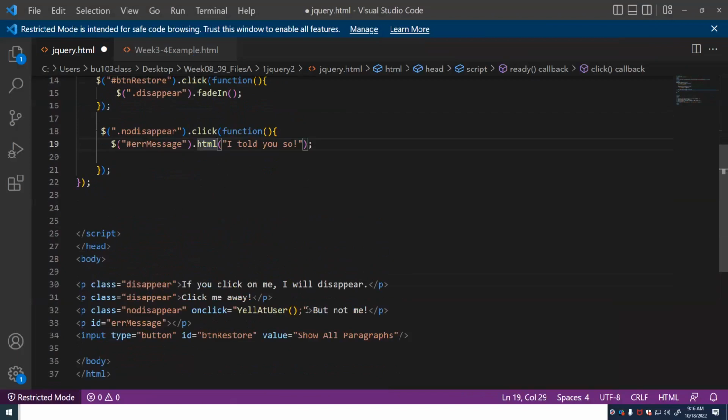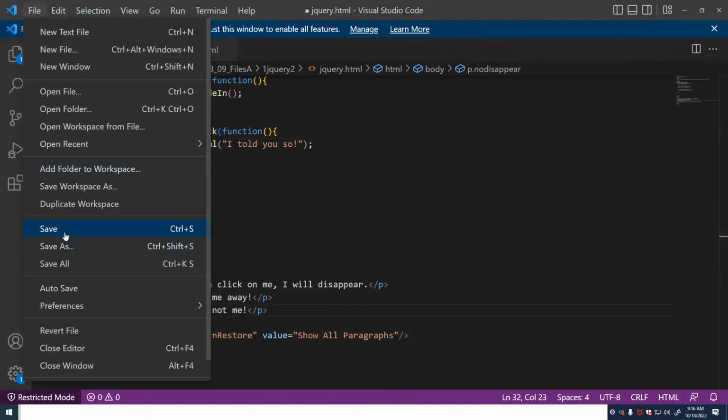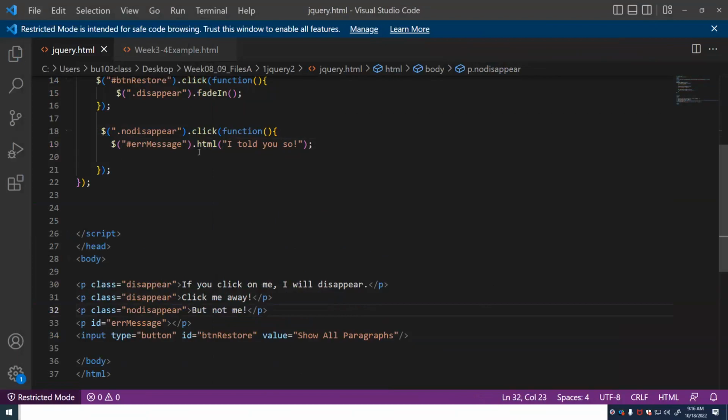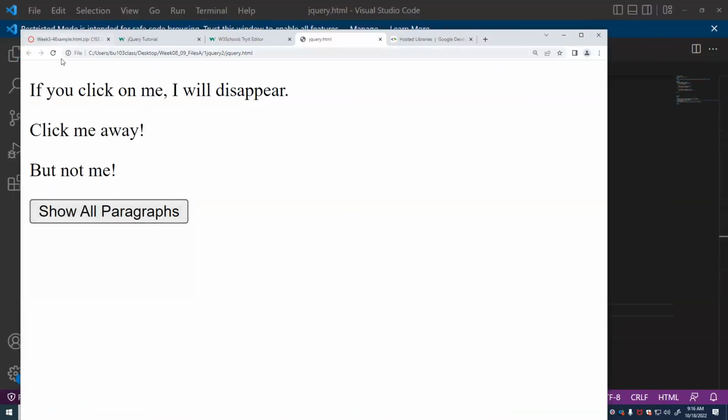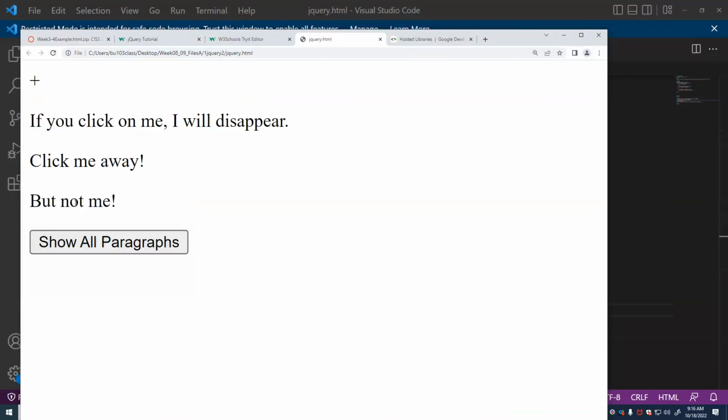So we actually could get rid of this onClick event. Really not sure why it's there. That's how we might do it if we were not using jQuery. But this assigns the click event in jQuery. So even without it,